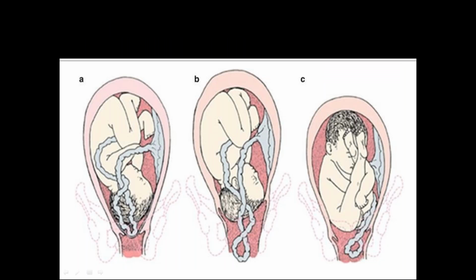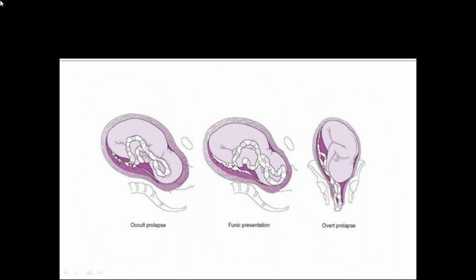See, this is the example. This is below the presenting part. Here also the same thing. Here also below the presenting part. These are all the unique varieties. Here the membranes are ruptured also. So it is complete cord prolapse. This diagram I already told you. This is side by side. Here it has come just below the presenting part. It is completely outside the pelvis.